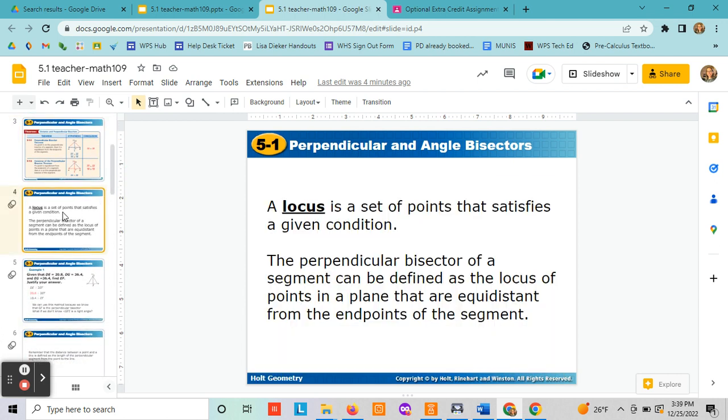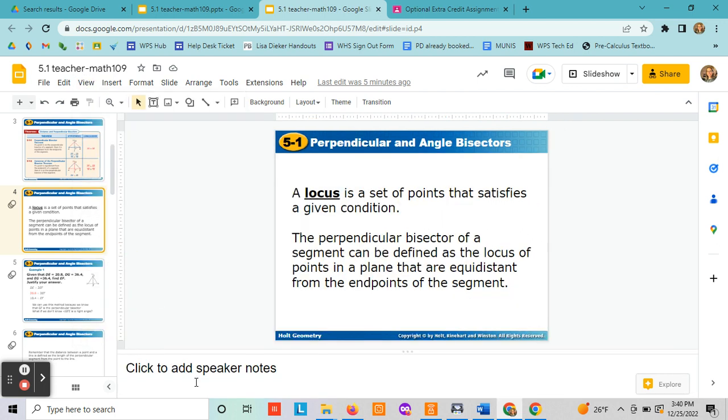And I have another mathematical term that I then define, locus. A locus is a set of points that satisfies a given condition, and the perpendicular bisector of a segment can be defined as the locus of points in a plane that are equidistant from the endpoints of the segment. So what I would recommend here is that in the notes section,